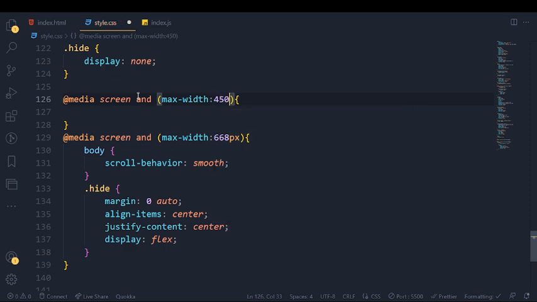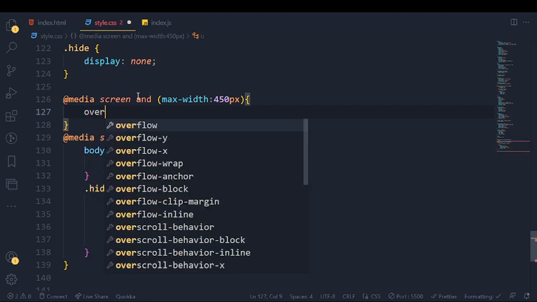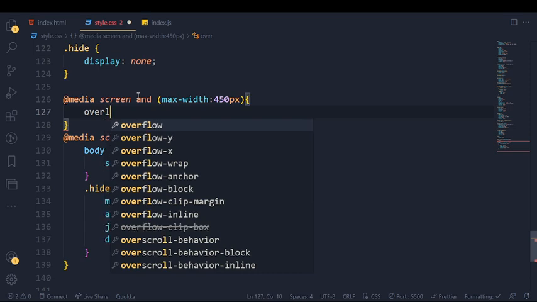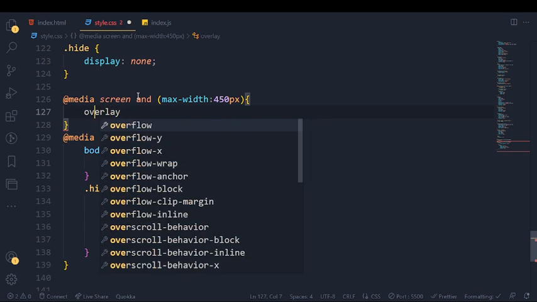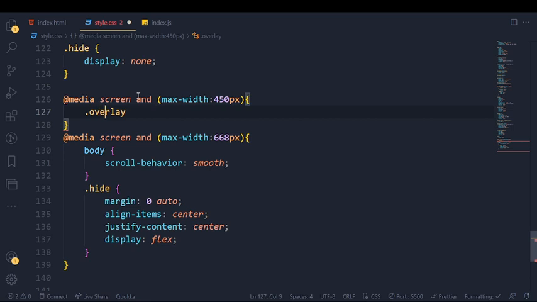So this is the small screen. You can say overflow, not overflow, but overlay class. This should be the class. So class overlay,